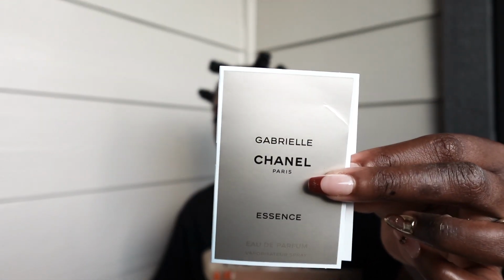This is the Gabrielle perfume by Chanel, or the Gabrielle Essence is what it's called. Have not tried this before, never smelled it. Anytime I can get a new fragrance for free, I'm doing it. And with that in mind,